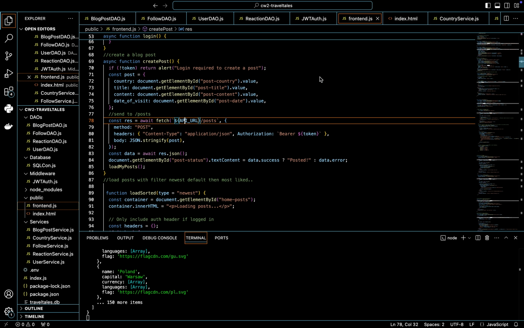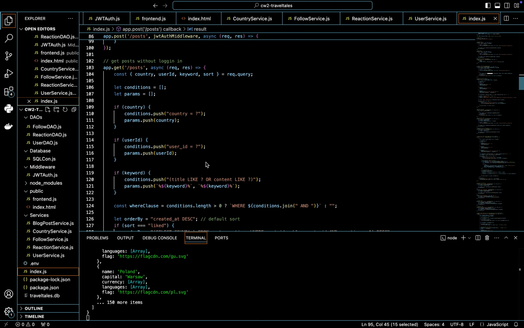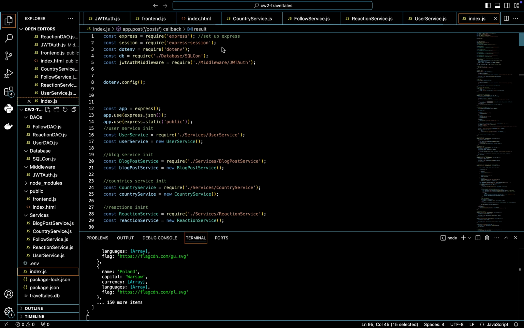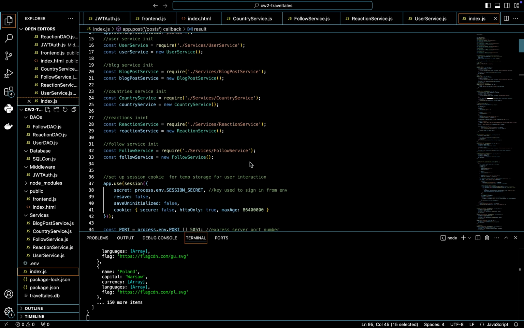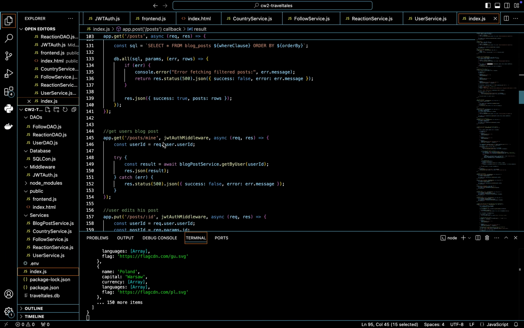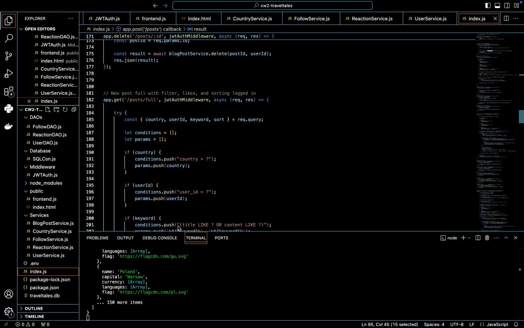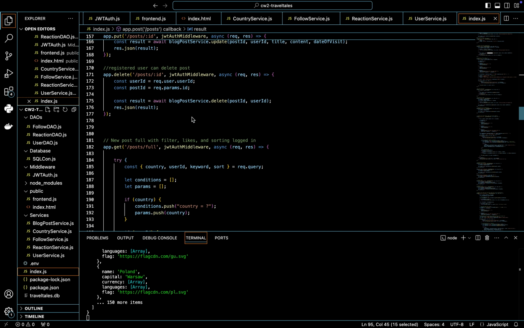Next up, we will go to the index.html, which is the main brain of my app. This sets up the Express server here, as we can see, and defines all the routes. It initializes, obviously, the services and also calls in all the routes. We have post method, get method. We have posts, gets, puts, deletes, everything that is used in our app. Every route, like register, posts, follow, etc., is defined here, and it connects each route to a corresponding service, just like I showed you earlier, and also applies the JWT middleware